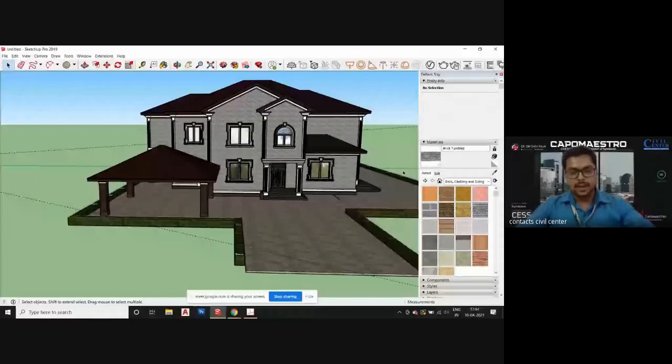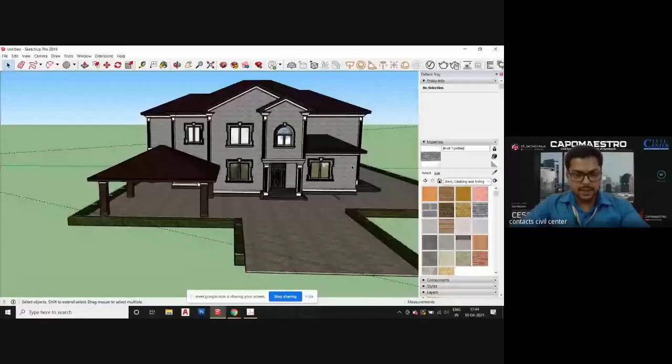Okay, so that's the whole purpose of learning this software, because this software is being used by the civil engineers and the architects mostly. However, there are few more companies who are the gaming companies who are using this software to create the animation. Okay, now we have already discussed all the tools that are present over here. So we will take a 5 minutes break, and in that you can simply ask me all the questions that is there in your mind.